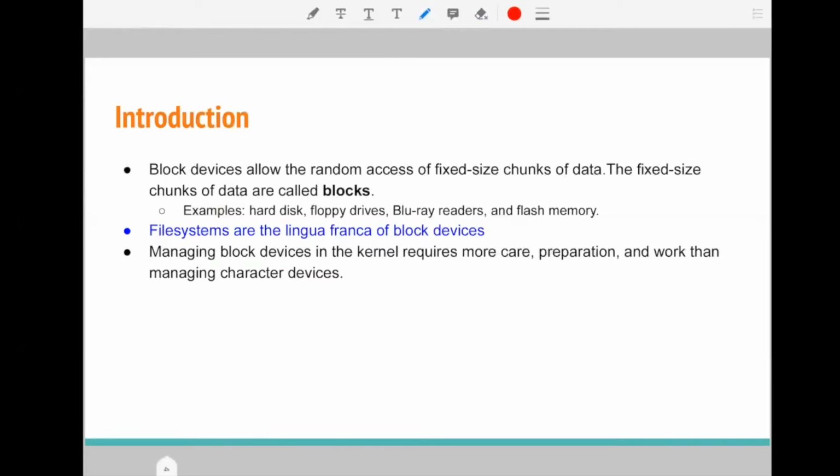But in the case of a block device, we have the freedom to randomly access any data within the disk, and we read this data in the form of fixed size chunks, which we call blocks. Examples of block devices are hard disks, floppy drives, and flash memory. So block devices are more complex than character devices.